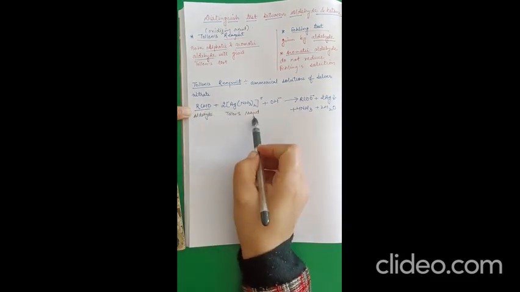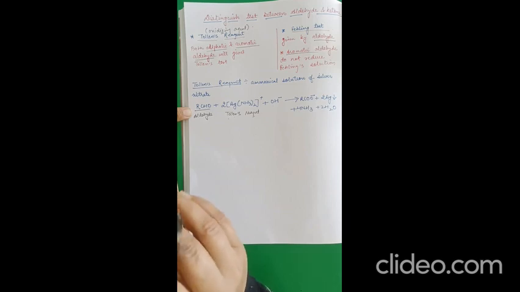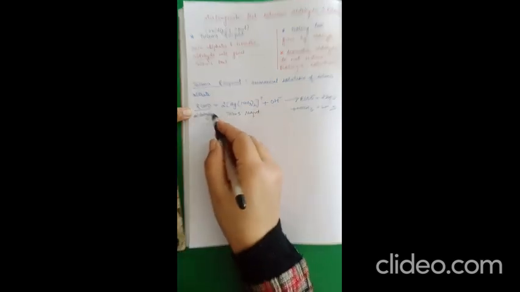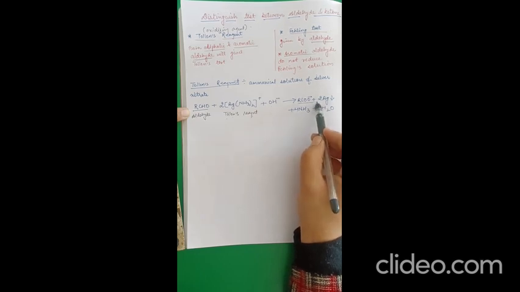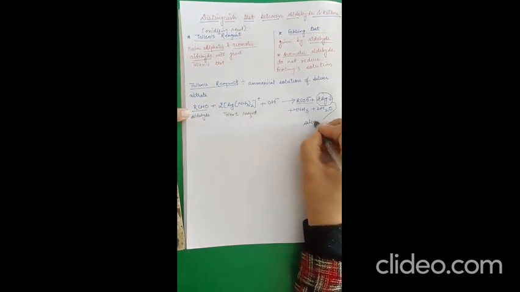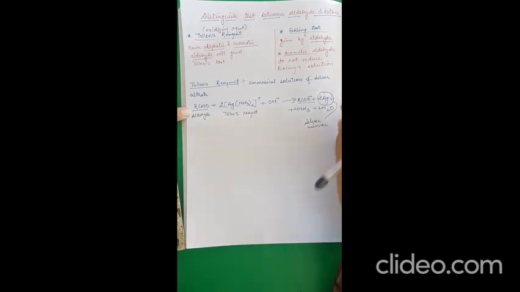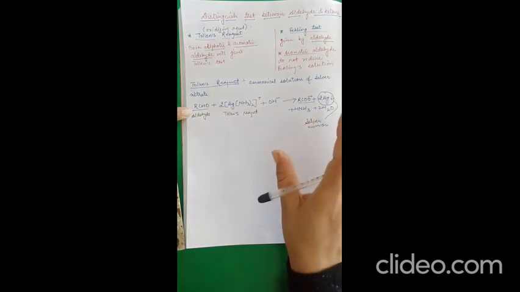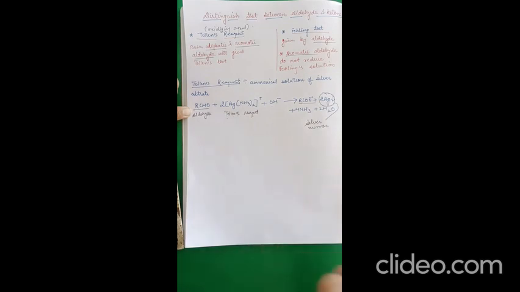Now this Tollens reagent is the oxidizing agent, so it will oxidize aldehyde, and all of you know that aldehyde on oxidation will form acid. So aldehyde is converted into acid, that is the carboxylate ion RCOO negative, plus, this is very important, Ag. Ag means silver mirror is formed. This is also known as the silver mirror test, and here the silver formed indicates that this particular compound is aldehyde.